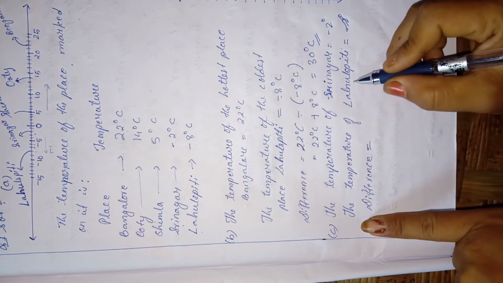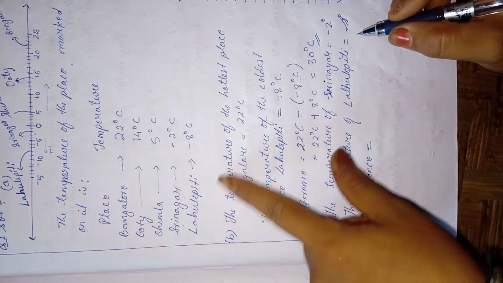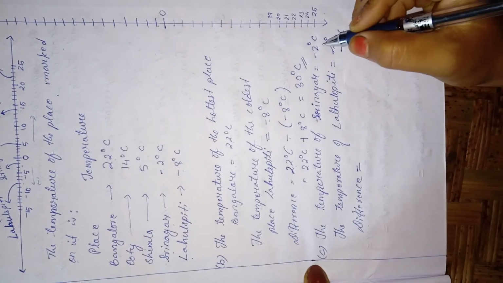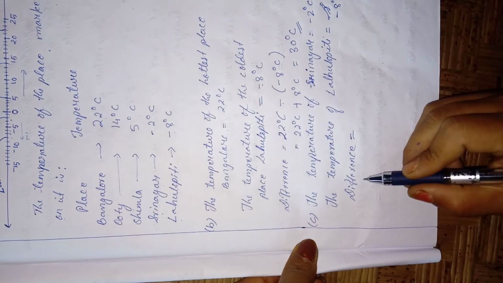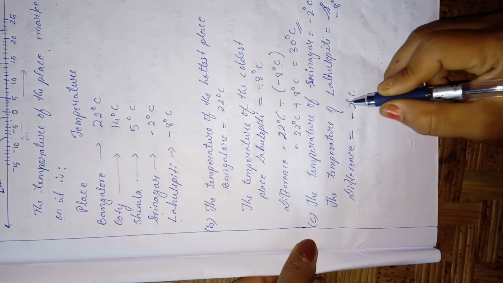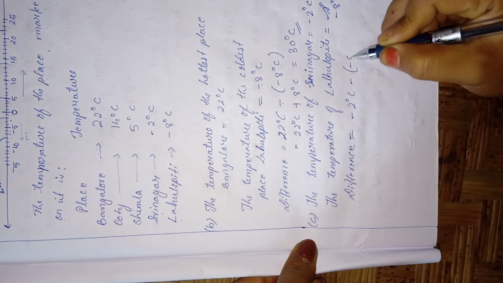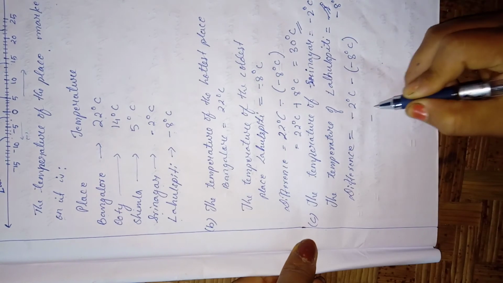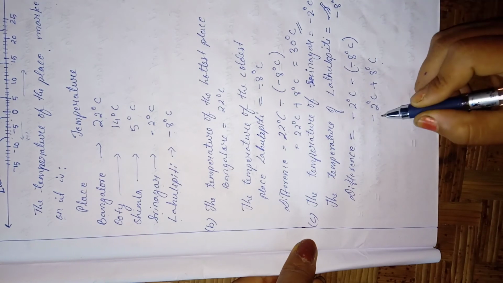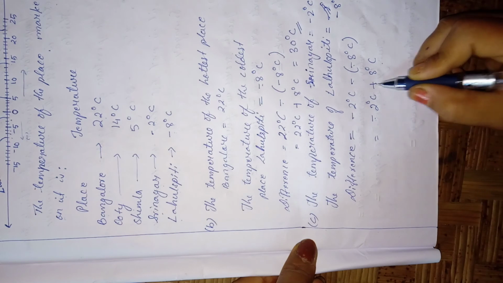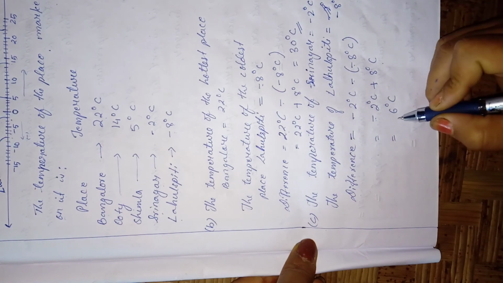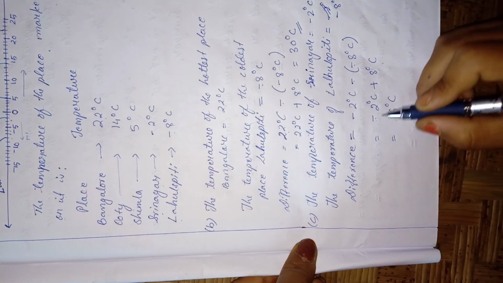So the temperature of Lahore Spiti is how much? -8 degrees Celsius. So now difference. What we mean by difference is -2 degrees Celsius minus -8 degrees Celsius. So -2 degrees Celsius minus, minus is plus 8 degrees Celsius. So minus and plus is minus. So 8 minus 2 is 6 degrees Celsius, and the sign will be positive because we have to put the